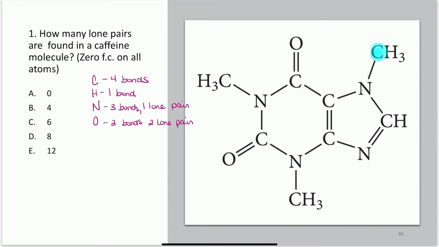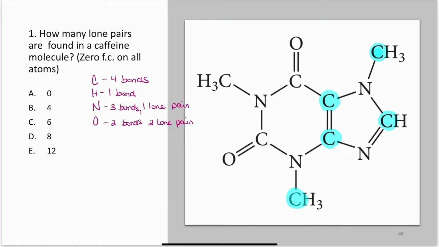This carbon atom right here has 3 hydrogens bonded to it and 1 nitrogen. That fits the rule for 4 bonds. This carbon, 1 hydrogen, a single bond to a nitrogen, and a double bond to another nitrogen, 4 bonds. This carbon, a single bond to a nitrogen, a single bond to a carbon, and a double bond to a carbon, 4 bonds. This carbon, a double bond to a carbon, and 2 single bonds to 2 different nitrogens, formal